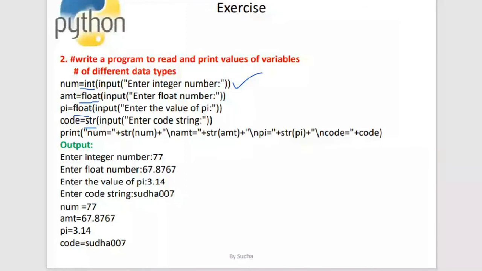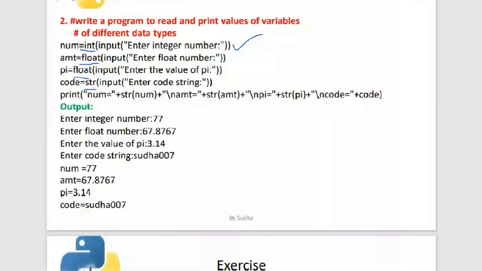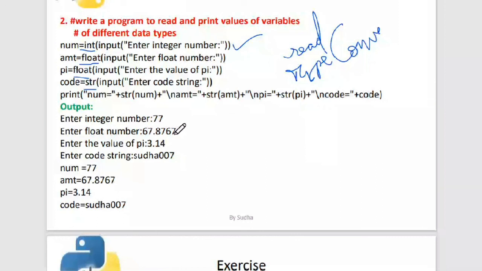Now what you learn from this particular program is, first, you will learn how to read input, and second, you will learn typecasting. Okay, so you will understand what type conversion is. And next, you will know how to format your print, how you can put your output in the print statement. So you will understand the syntax of the program and the structure of the programming language. That's what you will learn in the second program.